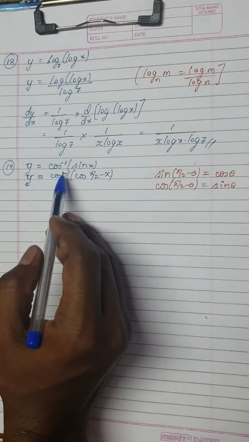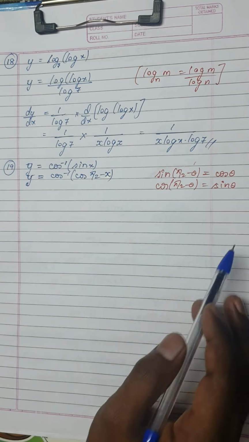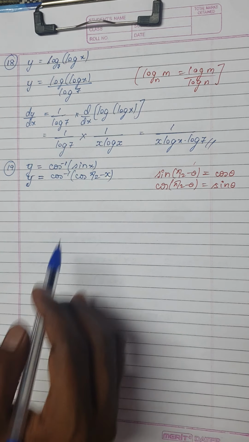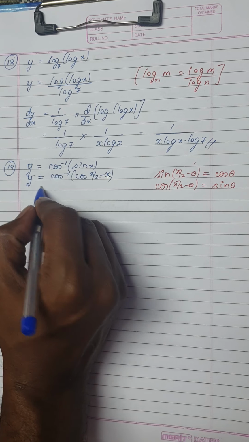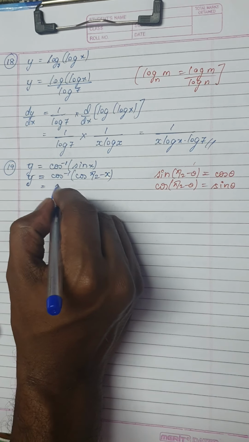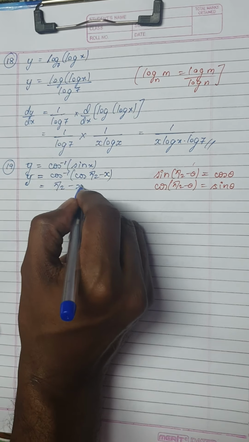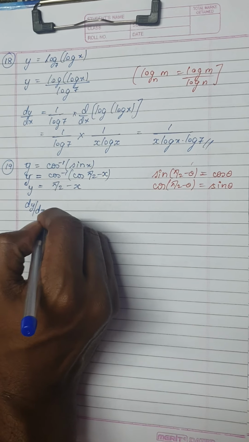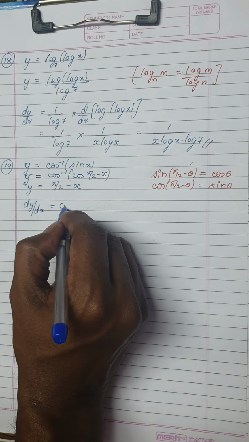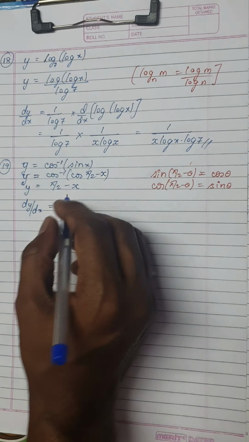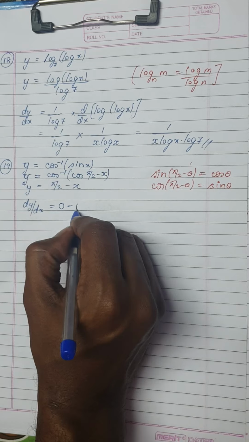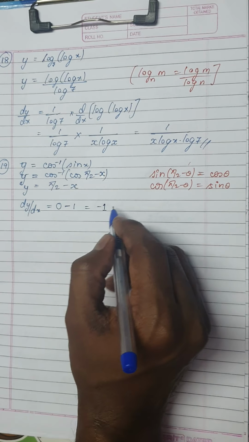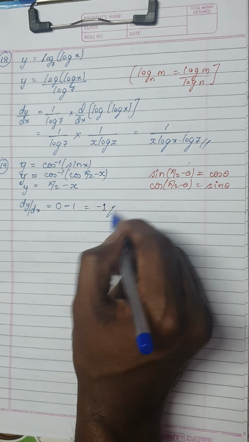So using the property here, we get cos inverse of sin x can be written as cos inverse of cos of 90 minus x. Now according to the properties of inverse trigonometric functions, cos and cos inverse we can cancel. You will get pi by 2 minus x. This is just y. Therefore dy by dx is nothing but, we know pi by 2 is constant, derivative is 0, and minus derivative of x is 1. So the dy by dx of this function cos inverse sin x is minus 1.